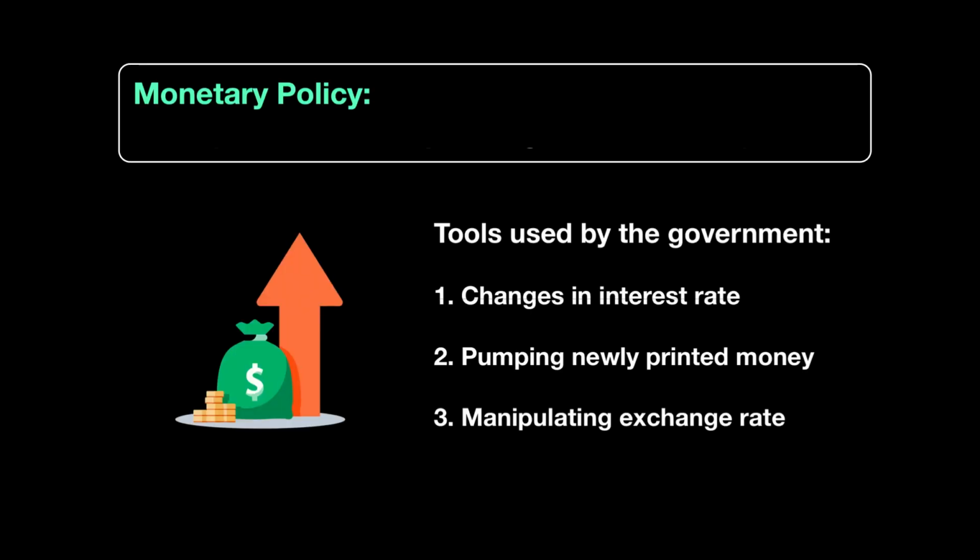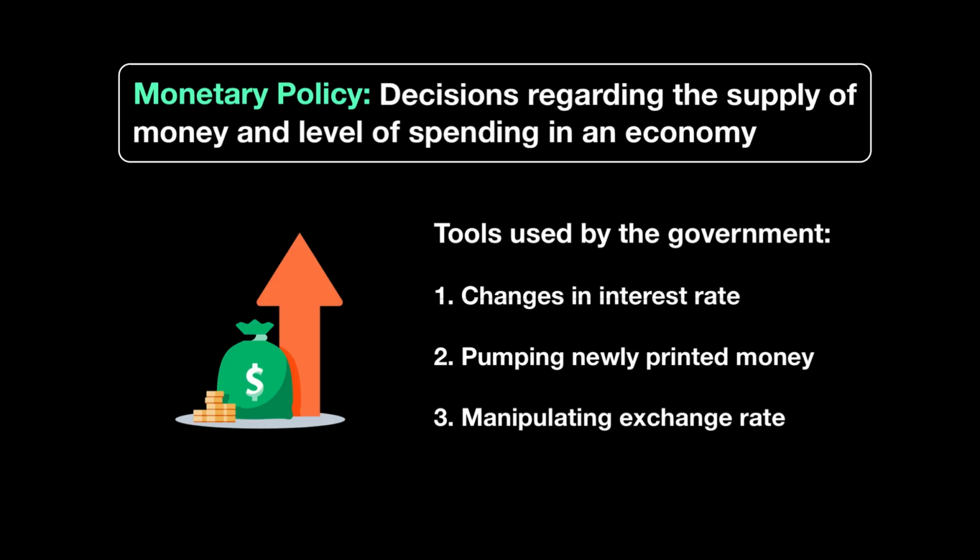So, monetary policy is a tool that is used by the government to control the amount of money that's floating in the economy at any given point in time, and in turn, the effect it has on the spending in the overall economy. Now, when we talk about spending in the economy, we are not only concerned with the customers, we're also looking at the businesses spending. And governments will either increase or decrease their tools to have an impact on whether there's more spending being done in the economy or less.